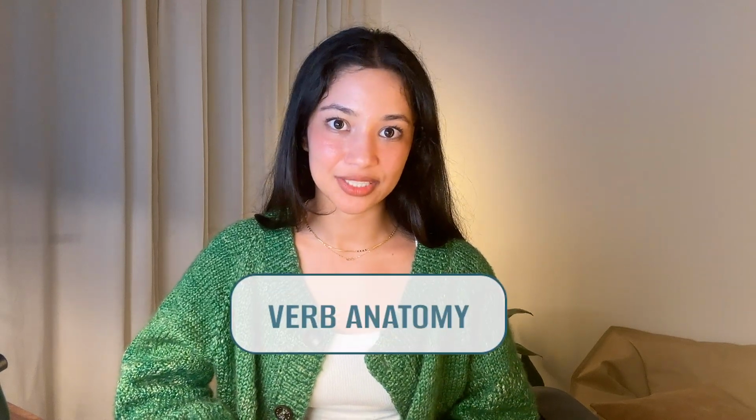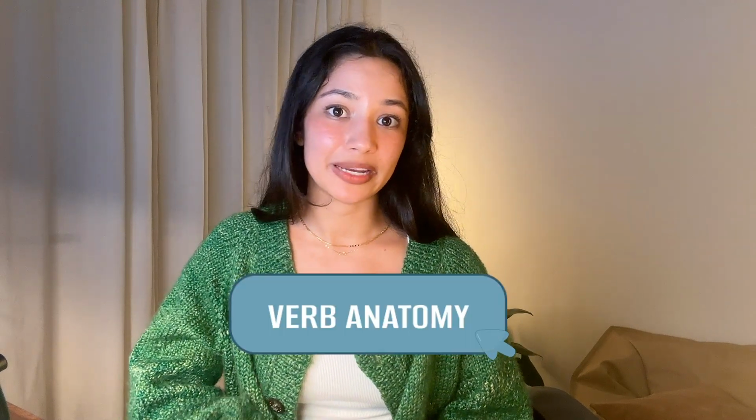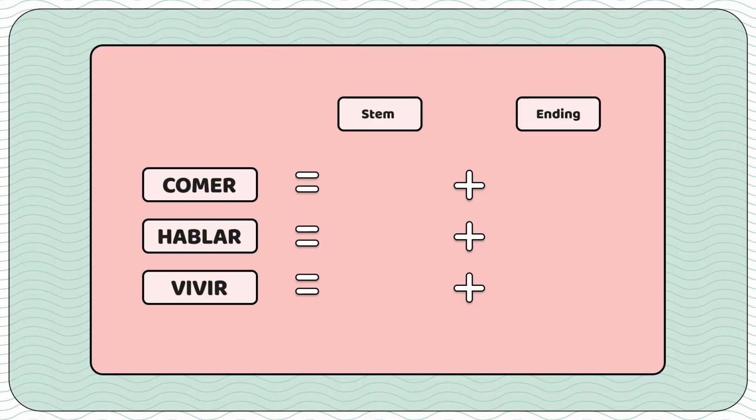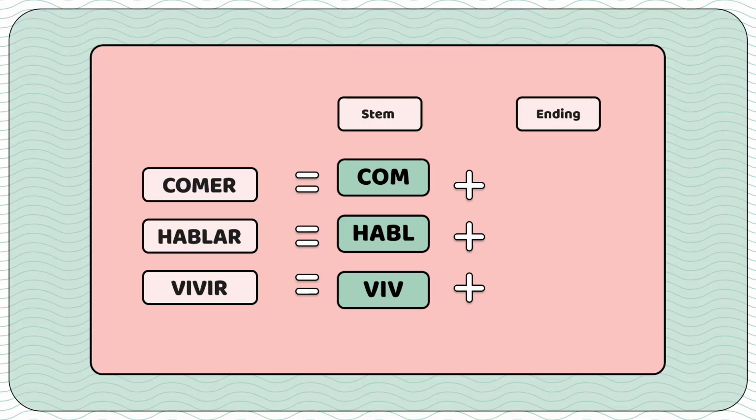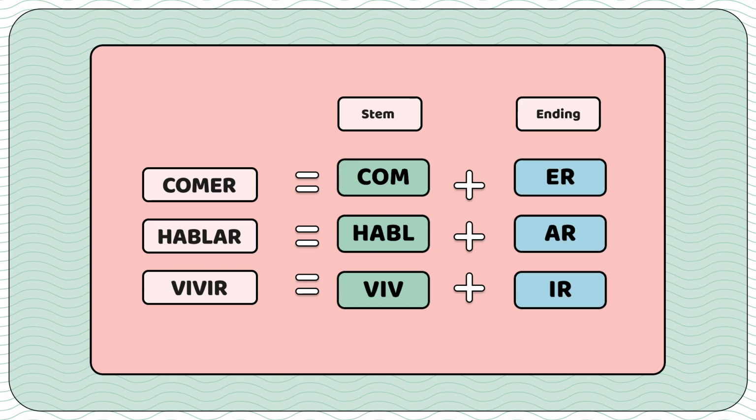It all comes down to the way that we see verbs in Spanish today. Verbs are created by two parts, the stem and the ending. The stem holds the main idea of the verb. It's the one that we could actually trace to Latin, but the ending of the verb is the one that's going to give us information about who's doing what and when.